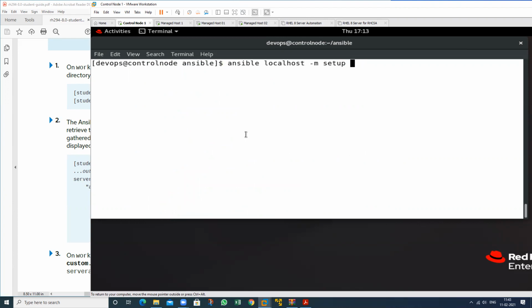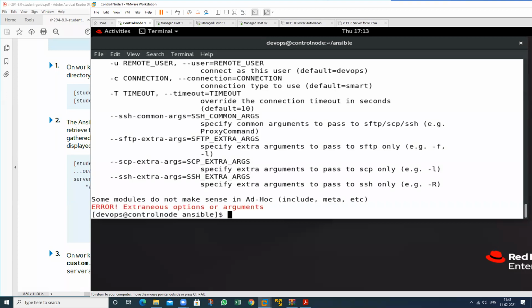Just use filter equal to, I don't know anything, suppose dist, I want to check the distribution information. I want to check the information about the distribution. Will it show all the distribution? Yes.